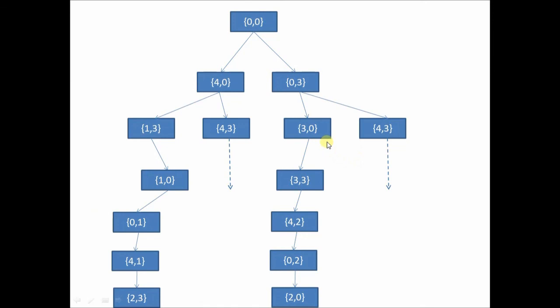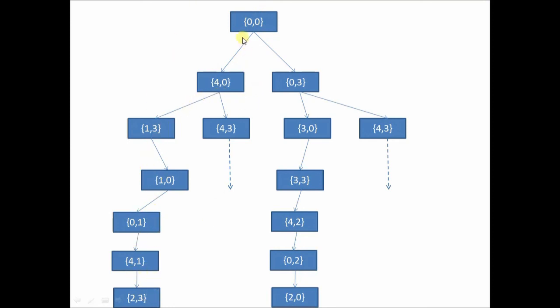In data structures, whenever I talk about traversal, it means visiting each and every node in a particular tree exactly once. But when I talk about traversal in AI, it means that in this state space there will be some goal nodes or goal states. Traversal means you have to find a way from the initial state to the goal state only. The moment you reach the goal state, you have to stop.